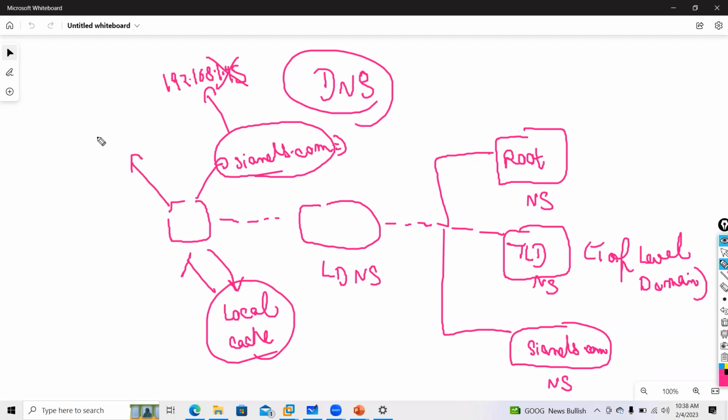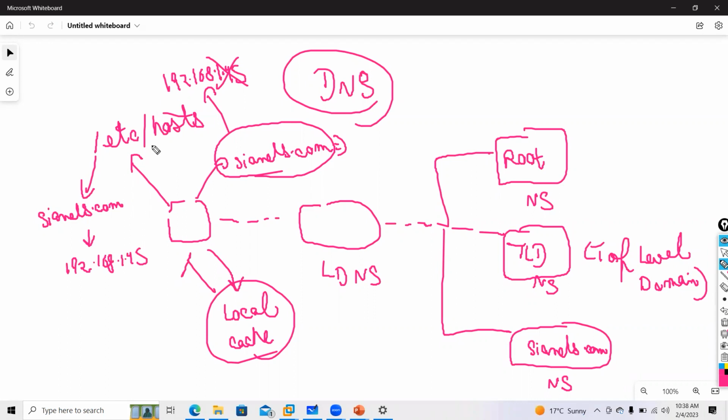It will check in your host entry, that is called etc hosts. Sometimes in your browser, you have a local host entry where you configure name to IP. Here you will create a record that cnets.com should resolve to 192.168.1.45.